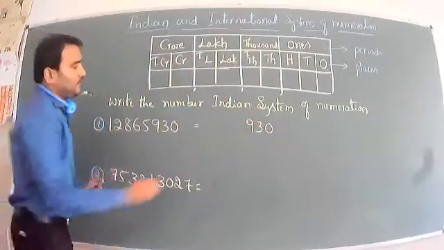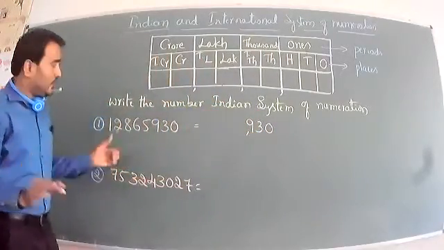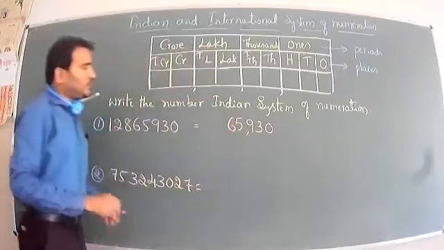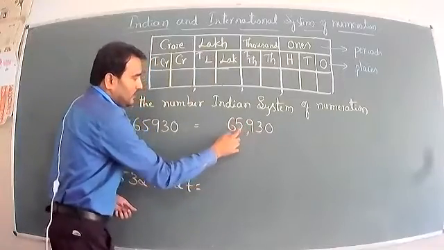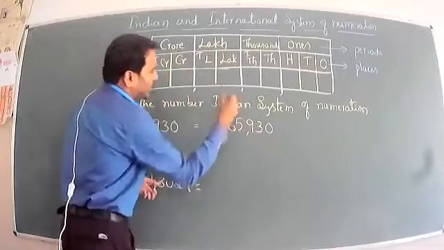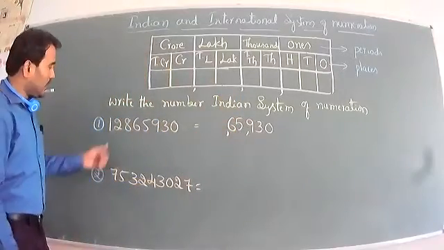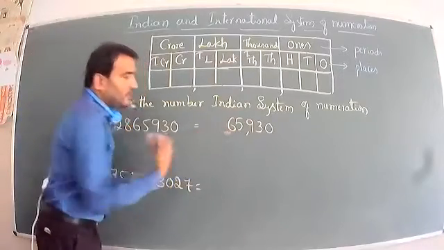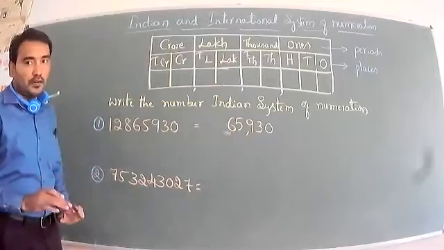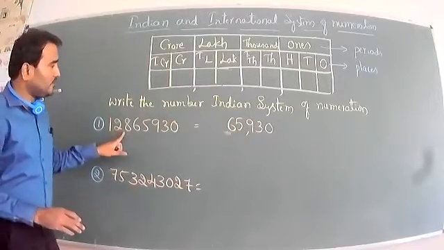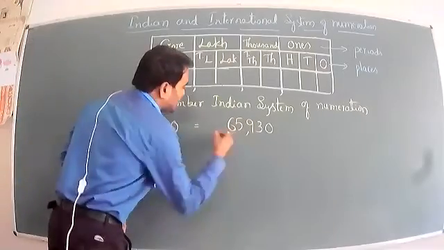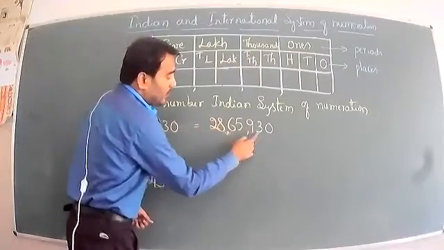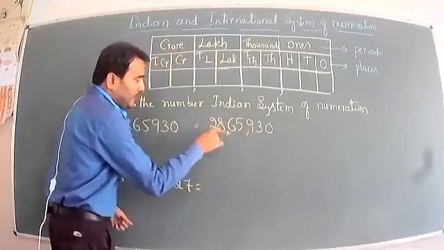Now put the comma. The first period is over. Now go for the second. 5 6, so it is ones, tens, hundreds, thousands, ten thousands. After ten thousands, one comma. If there are no more digits, leave it; don't put the comma. Now go for the next comma, 8 2. The first comma is put after the hundreds. The next one is after the ten thousands.